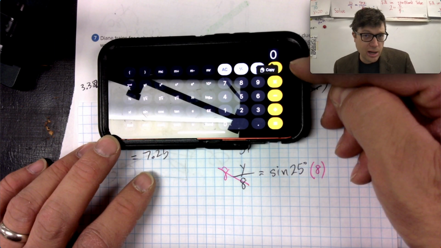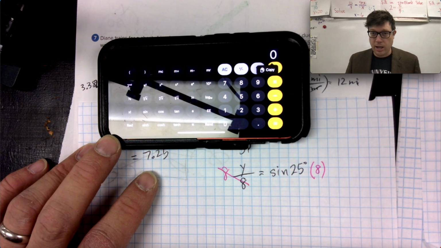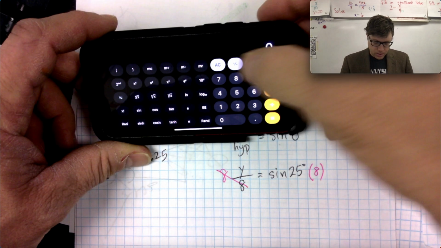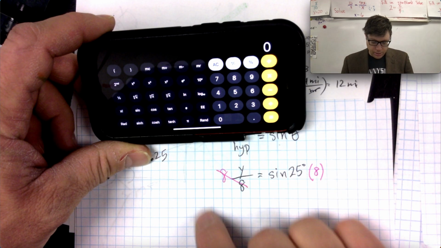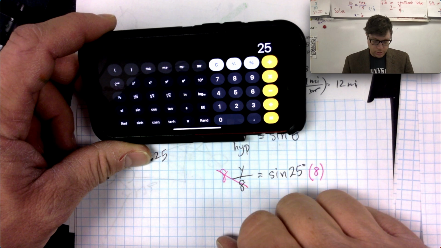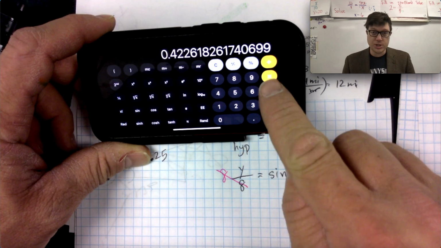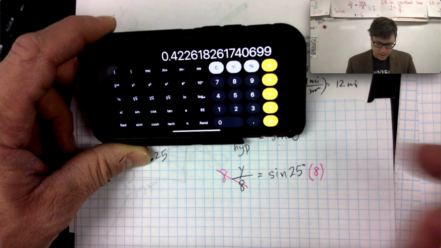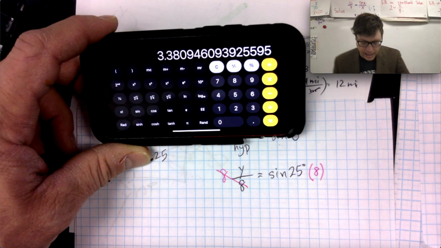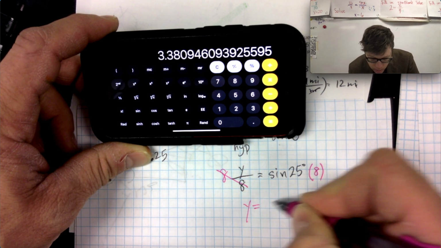By the way, did you know you could copy the number and then paste it somewhere else? Love it. Pretty handy. Okay. I'm going to do 25 sine, which is 0.4226, times 8. And I get my distance, y equals